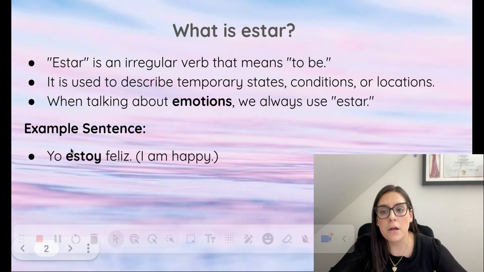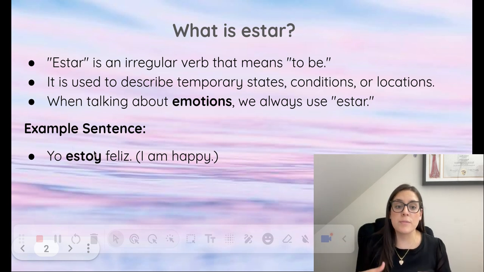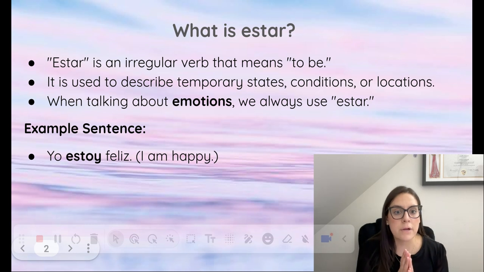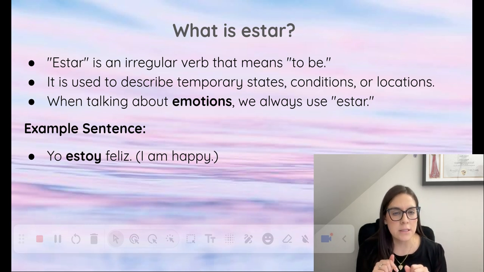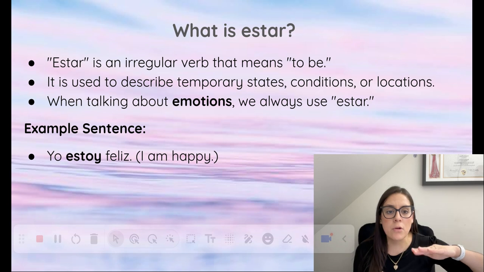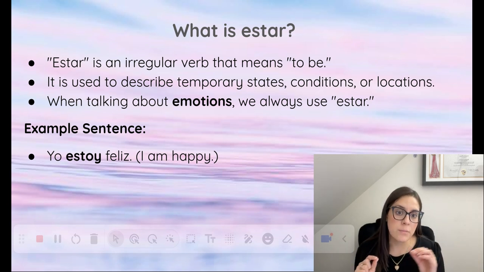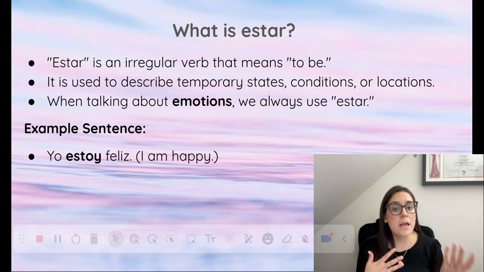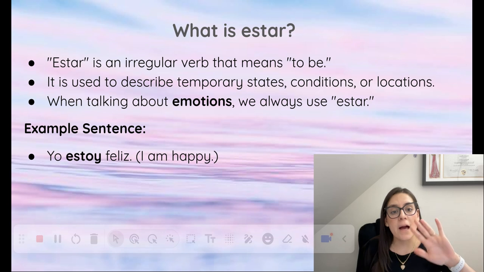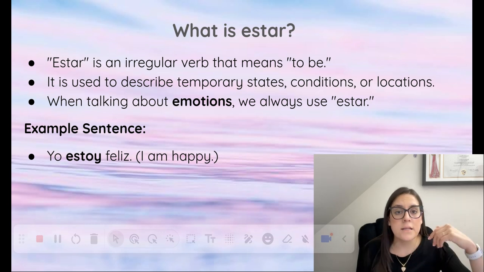So, for example, here we have yo estoy feliz. So, estoy should be familiar. We should know that estoy means I am. There is a specific checking question that I sometimes have you guys do. It's the one that says ¿Cómo estás hoy? And then there's a few options. It's like estoy bien, estoy más o menos, estoy súper bien, estoy mal. There we have used estoy. Remember, I just said we have used estar before. Well, that's when we've used it. So today we are going to be exploring all 5 different forms of the verb estar